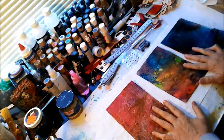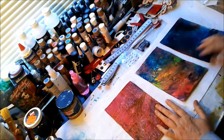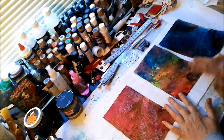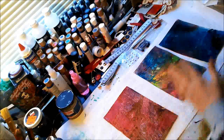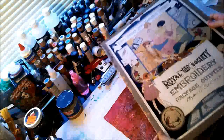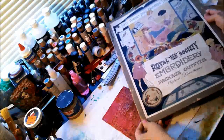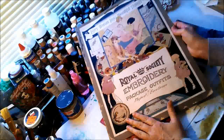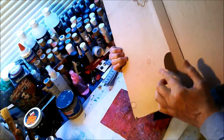So I want to talk about what I want to do. The theme of the journal page, as I said, is I'm So Beautiful. Well, I'm going to change that and theme it inspiration off of this poster that I have. This is a vintage poster. I imagine it was an embroidery poster that stood up in a store display. It has a little flap here. I think part of that flap